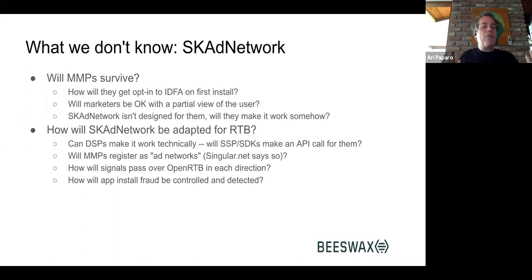I don't know. And by the way, AppLovin may prefer that they're the ad network in this case, just from a point of view of getting more data. So they may not participate. We started to see the MMPs send around data and documents. I got an email from Singular.net on Friday suggesting that the MMP should be the ad network, which is maybe true, I don't know. And we've been in contact with all the exchanges and SSPs we work with who have SDKs, to ask them what they think. I also talked to the IAB Tech Lab, and they said they're setting up a call or some sort of working group to figure this stuff out.